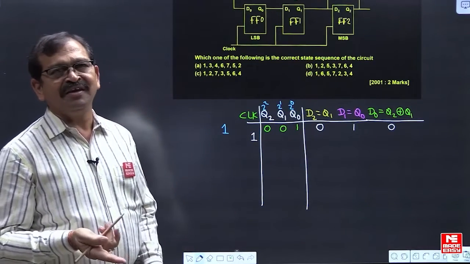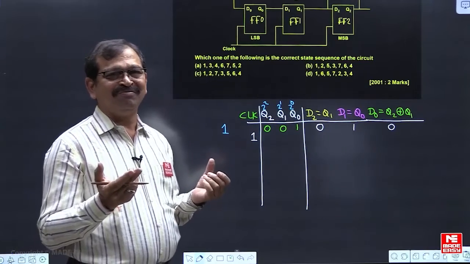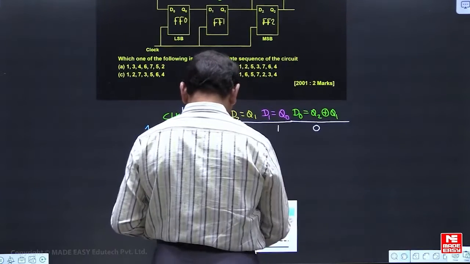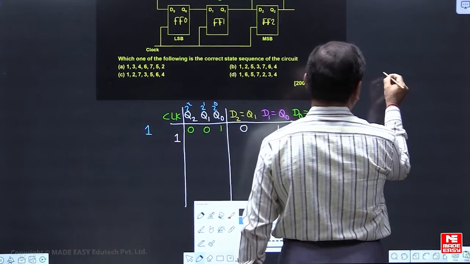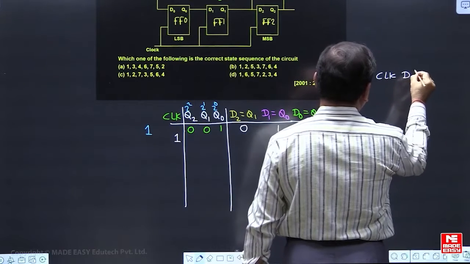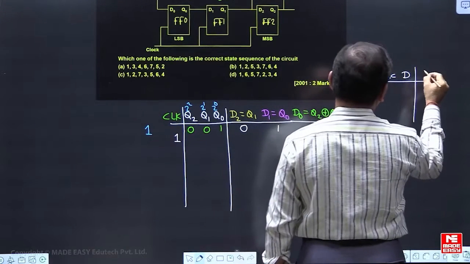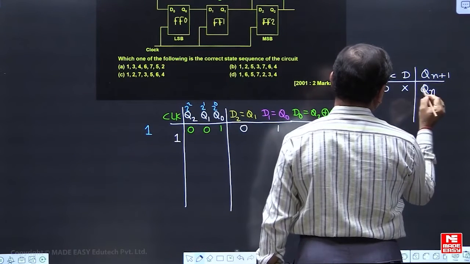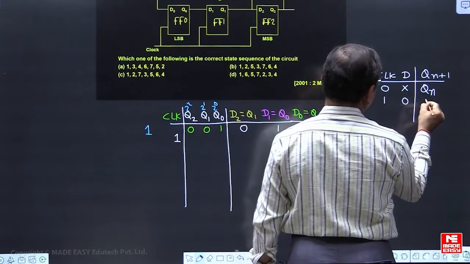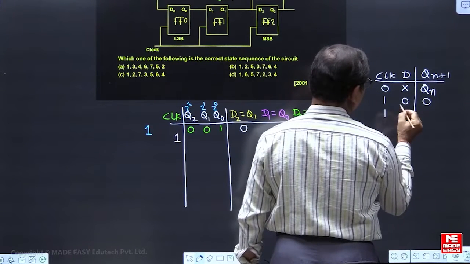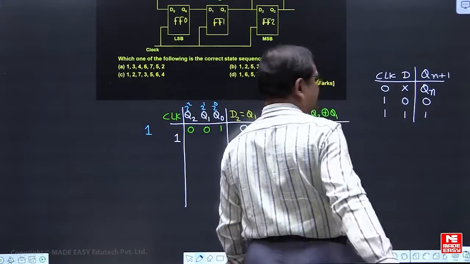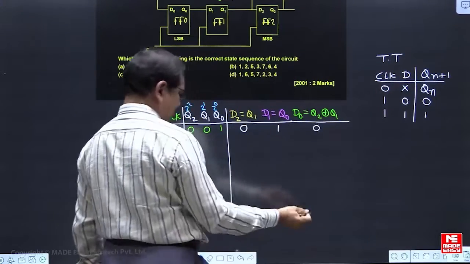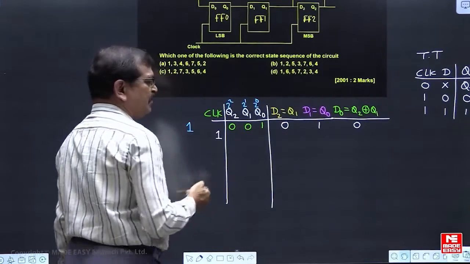तो क्लॉक अप्लाई करने के बाद what is the next state we want to identify, इसके लिए we need to know the truth table of D flip flop। तो truth table of the D flip flop तो आप सब लोगों को मालूम है। तो whatever the D input we are having, it is coming as the output, all of you know well। तब तक क्लॉक 0 है, इनपुट कुछ भी होने दो, नेक्स्ट स्टेट सेम एज द प्रीवियस स्टेट। एज एंड व्हेन क्लॉक वी आर अप्लाइंग, अगर D 0 रहे तो नेक्स्ट स्टेट 0 मिलेगा। इफ D is 1, एज एंड व्हेन वी आर अप्लाइंग द क्लॉक नेक्स्ट स्टेट is 1। ये तो ट्रूथ टेबल ऑफ द D flip flop आप सब लोगों को मालूम है।